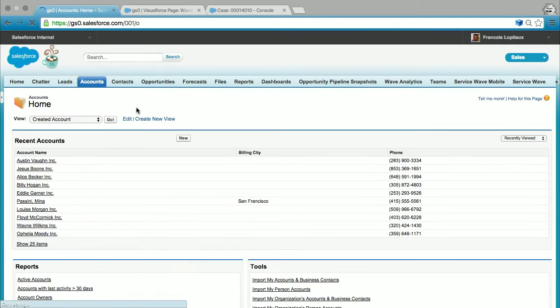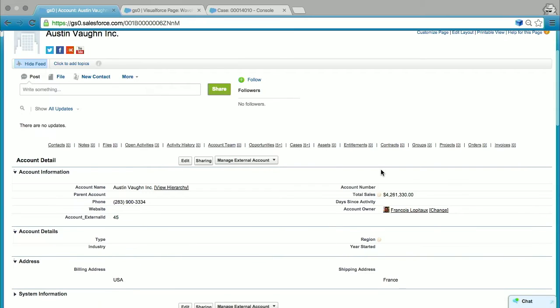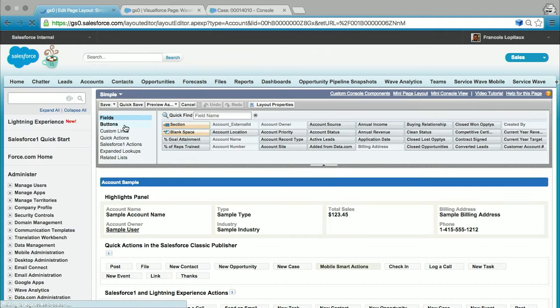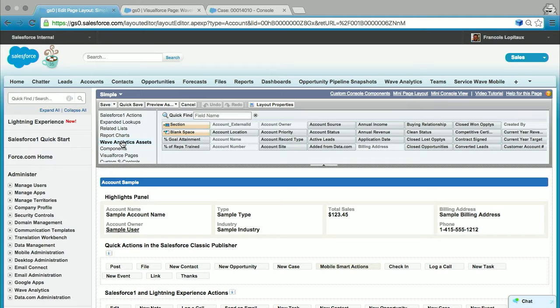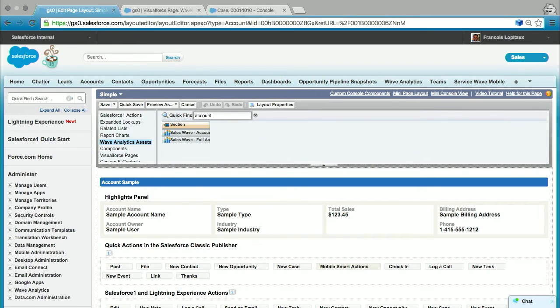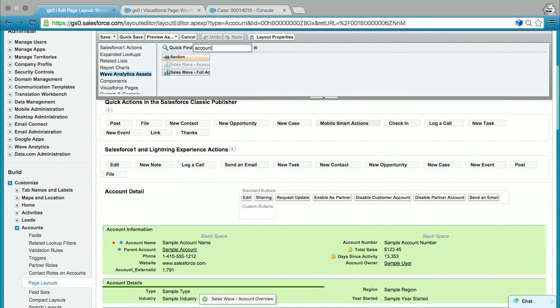Two other things I want to show you about that, which are also really nice, as I spoke about the page detail. So here I'm on the account. And again, what would be great is to have embedded information about this account, right? Absolutely. Coming from Wave. So again, I just go to edit the layout, and simply I'm going to select the Wave component. Here you can see the Wave Analytics asset. You can select the specific dashboard I want, which looks really great, the account overview. And I'm just going to drag and drop this onto my